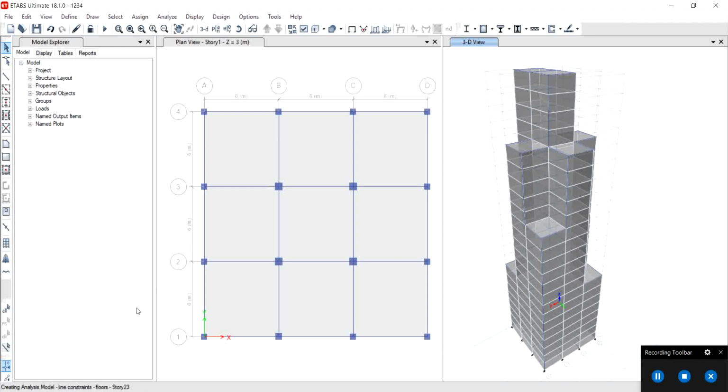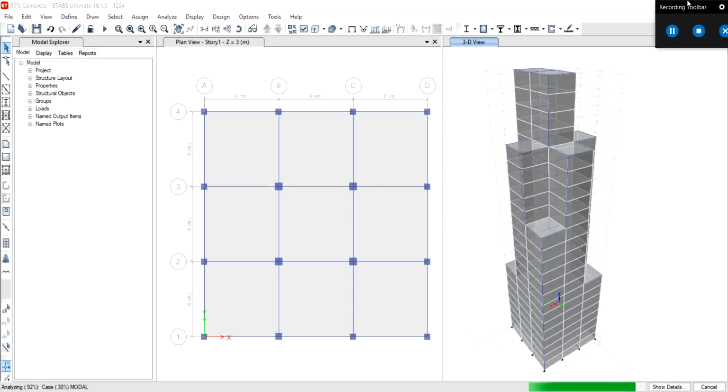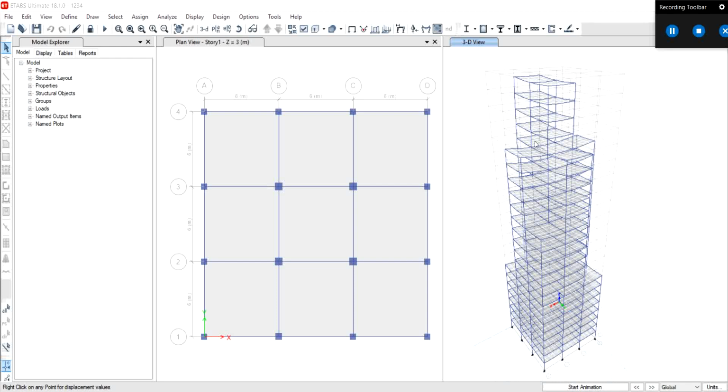You can see your process of analysis in the left bottom corner of your window. Now you can see the deform pattern in the 3D view window.